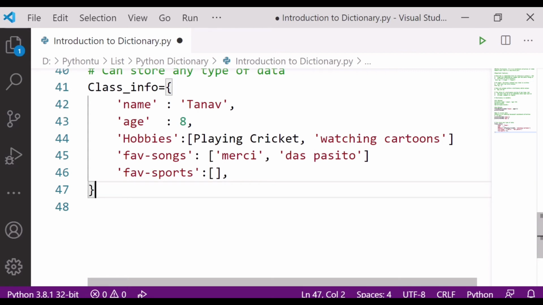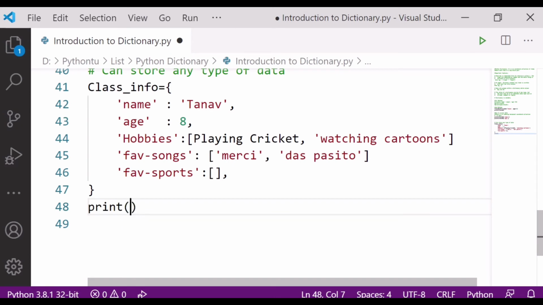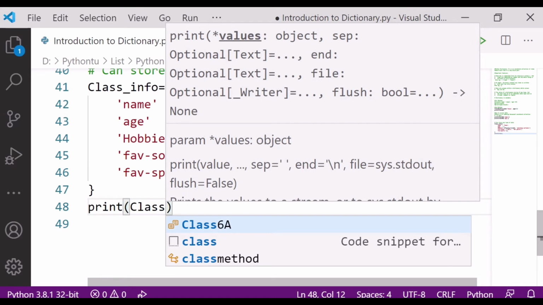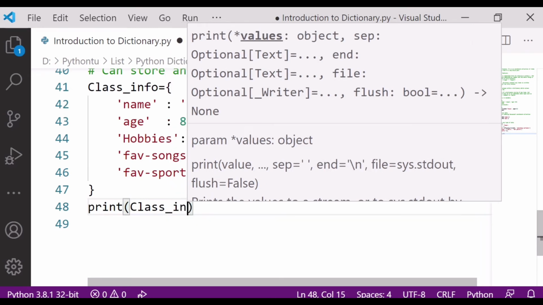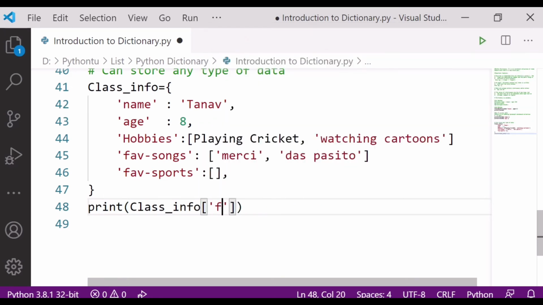After that, what I have to do, I have to print class info. Just suppose I want to access the favorite songs. So what I'll do, I will write here favorite songs. Fine. So let's see.